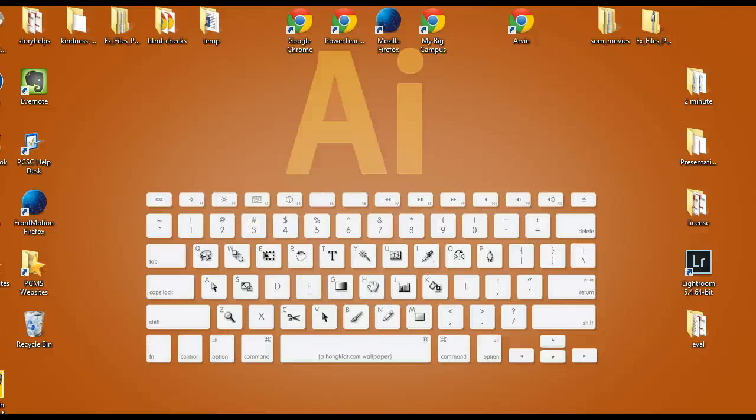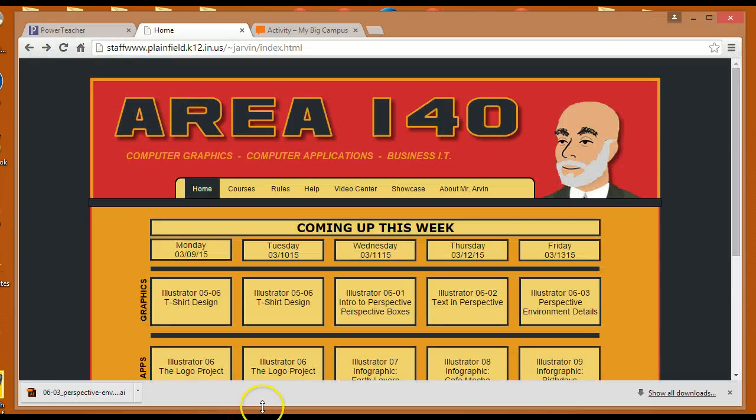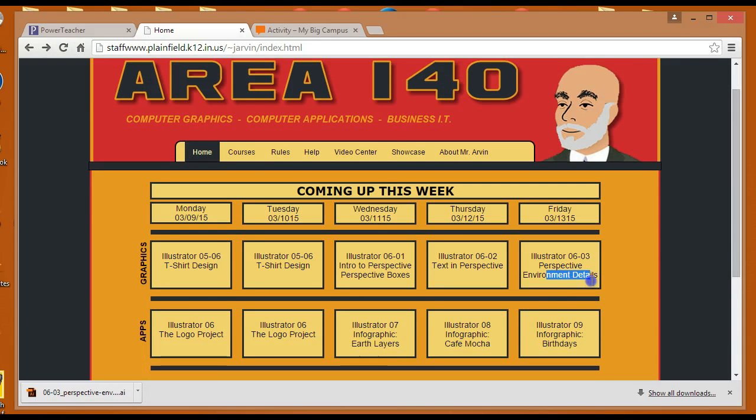Okay, let's go to work on this next exercise in perspective drawing. What I'm going to do first is hop to my website here. I've got this fit into my movie window. Today we're going to work on some perspective environment details. I'm going to give you a drawing that's in perspective, and you're going to have to add certain things to